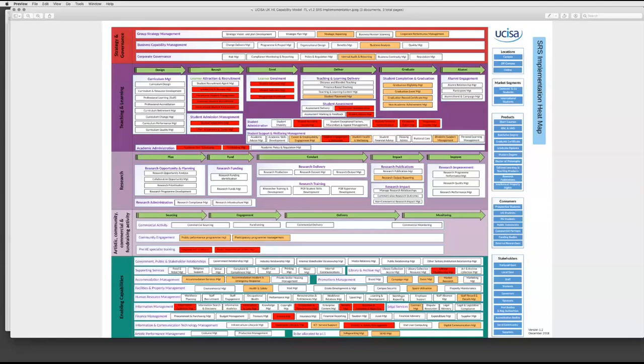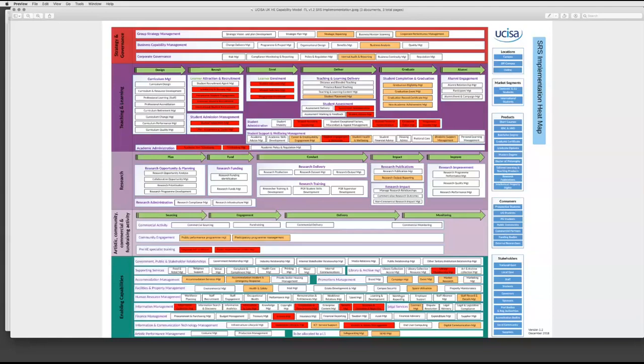And I think that for them was a really positive way to view something, because the prevailing view was we're going to spend what feels like a lot of money for a conservatoire, and we just feel like we're being sold something that people have got on the shelf, and we're not sure that's right for us. So by using the capability map, we were able to augment the RFP and the other evaluation criteria, primarily around